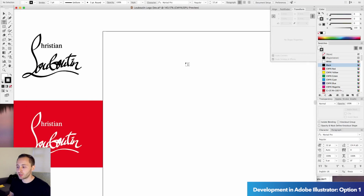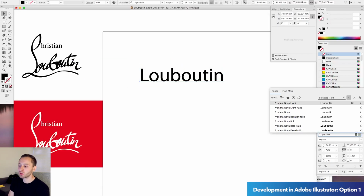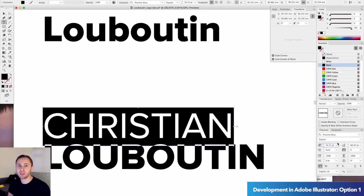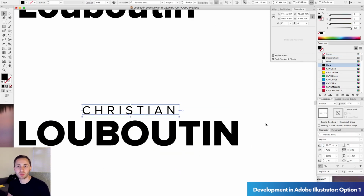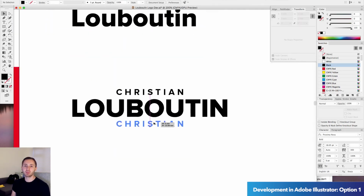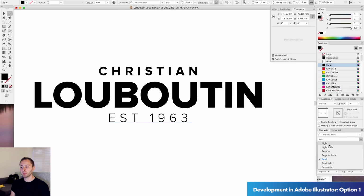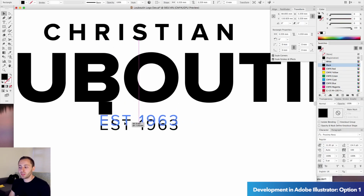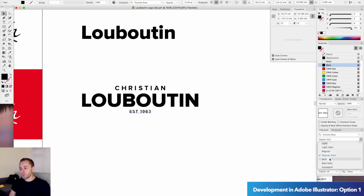So jumping into Illustrator, I wanted to start option 1 by following the path of the obvious and on-trend choice, which is following in the footsteps of many of the other big fashion designer brands. This basically means using all caps, big, bold, sans serif font, paying careful attention to the kerning and pretty much just keeping it black. I wanted to add his first name on top of the word Louboutin, and then have the established date beneath,